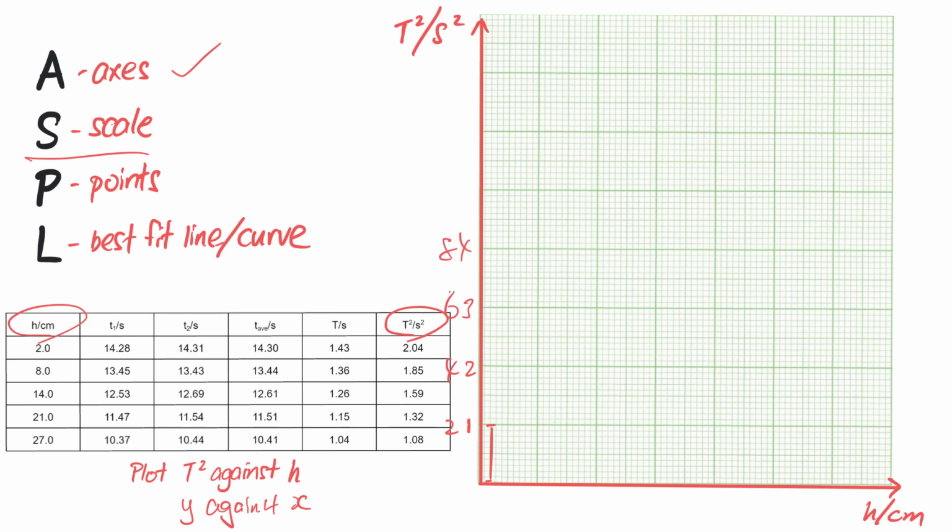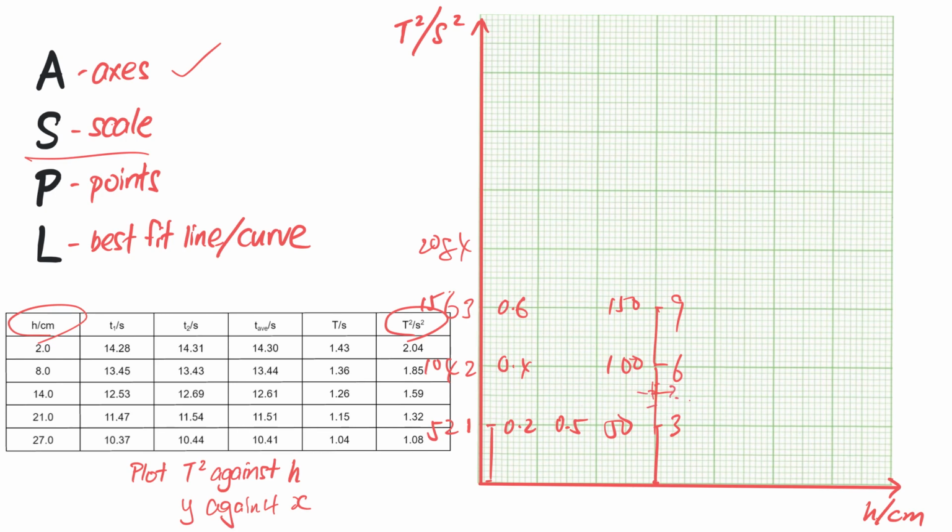Or even in intervals of 5, 10, 15, 20. Of course, it doesn't have to be all whole numbers. It can be 0.2, 0.4, 0.6, or 0.5, or even 50, 100, 150, and so forth. Do not use scales like 2 cm represents 3, followed by 6, followed by 9, odd values like that,